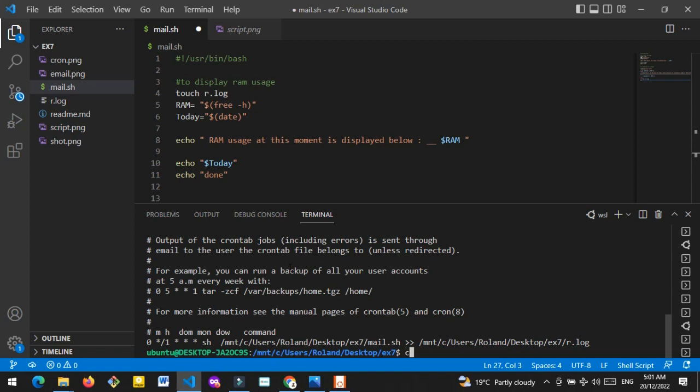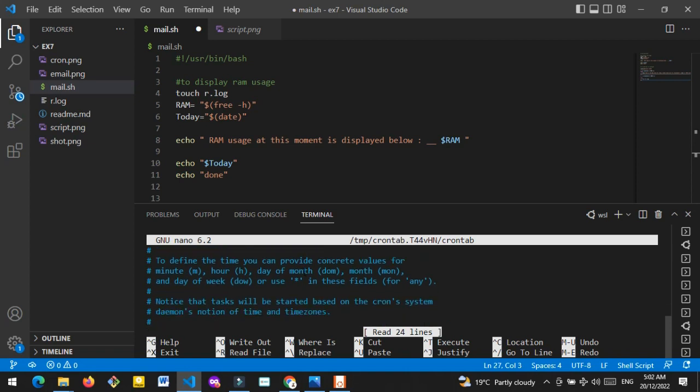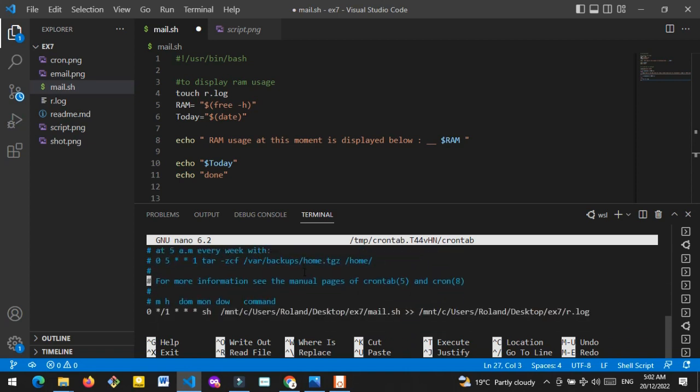So I want to edit it, so I'm going to run crontab -e. Okay. So now it's using nano. If it's the first time you're doing it, it's going to ask you what text editor do you want to use. Then you can select using number, but I've already set my text editor as nano. Nano is my default text editor, so that's why it went straight to open up